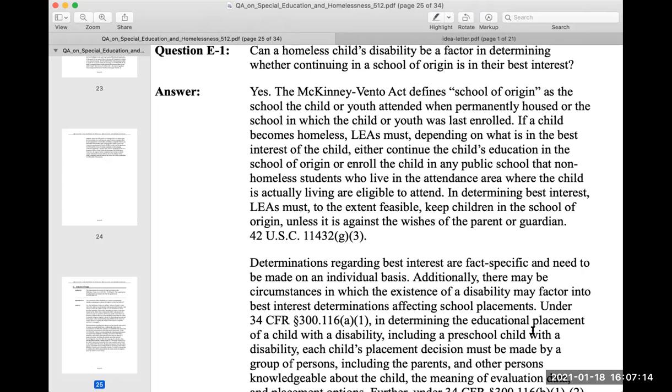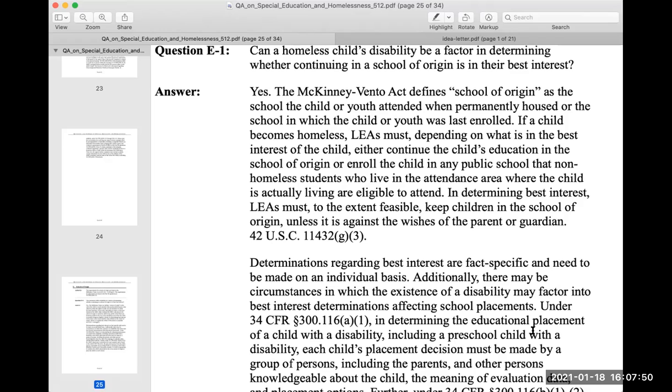In determining best interest, LEAs must, to the extent feasible, keep children in the school of origin, unless it is against the wishes of the parent or guardian. 42 U.S.C. 11432(g)(3). Determinations regarding best interest are fact-specific and need to be made on an individual basis. Additionally, there may be circumstances in which the existence of a disability may factor into best interest determinations affecting school placements. Under 34 CFR paragraph